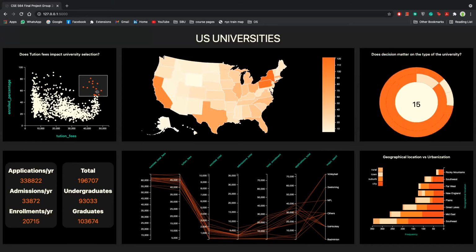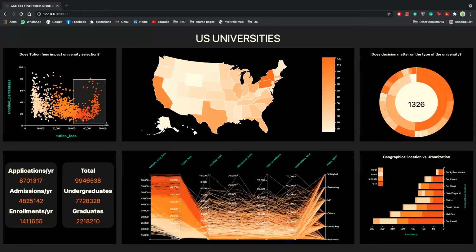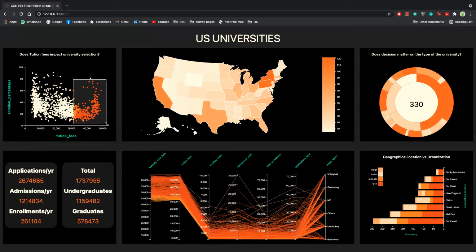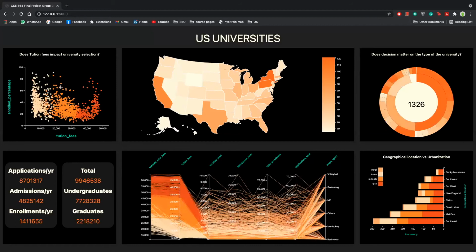Similarly, you can move the selected region and all the other plots will get changed dynamically on the screen. You can move it, you can deselect it, you can select it again, you can do anything you want on the scatter plot. Moreover, you can observe 4 colors on the scatter plot. Those 4 colors indicate 4 clusters.